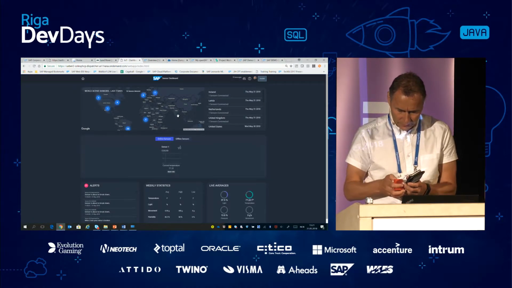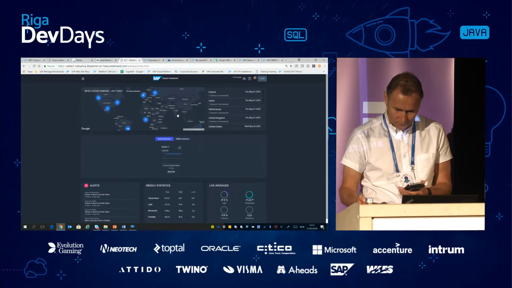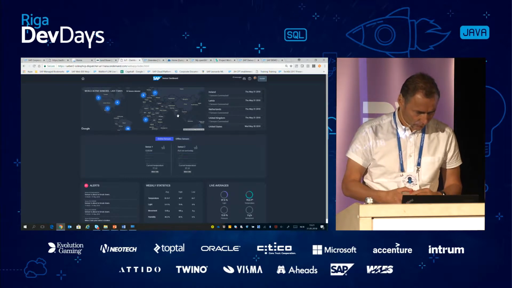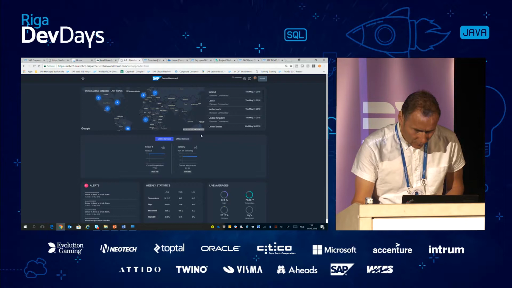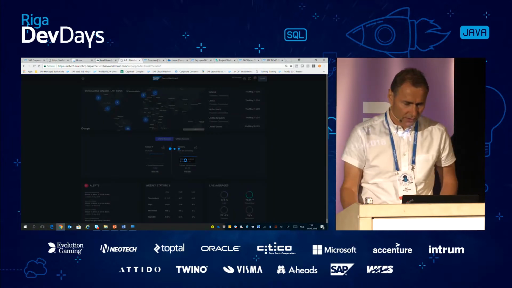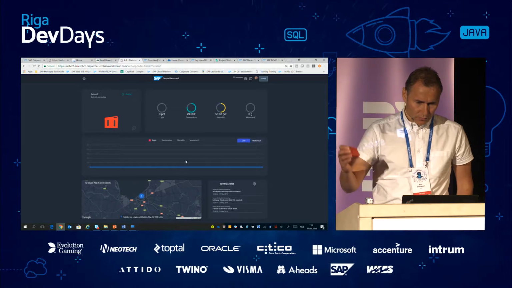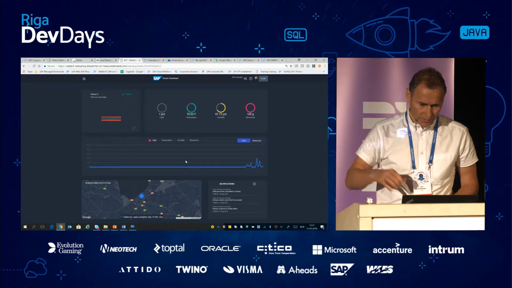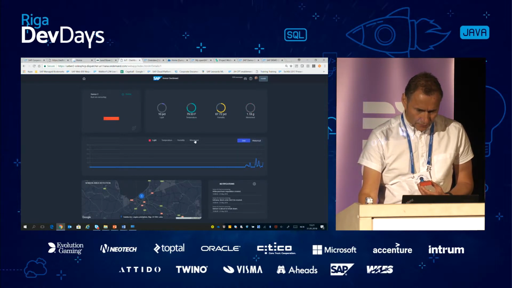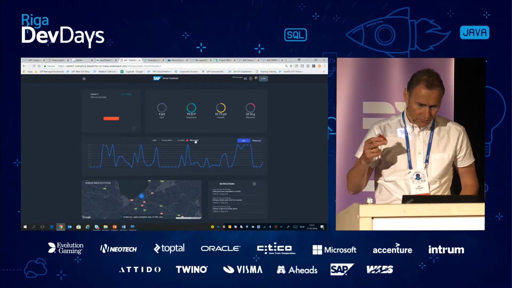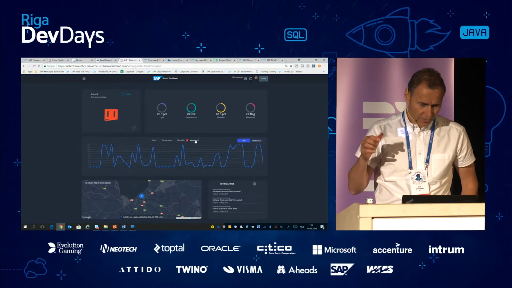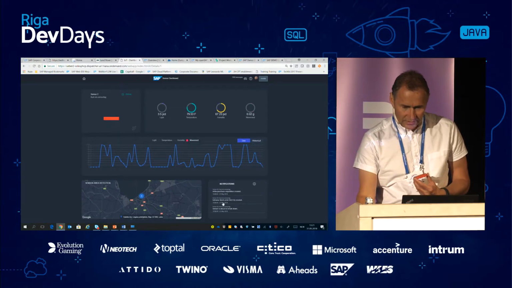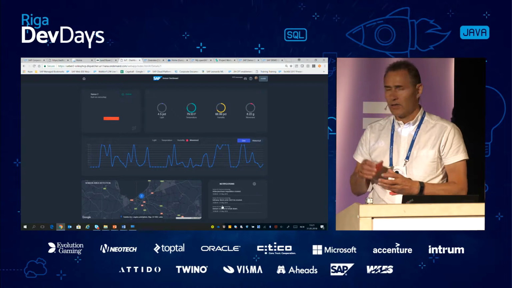Okay, I need to restore the device. Okay, so this is my device. If I turn it, it will immediately move. And if I go to the movement, for instance, you will see that when I shake it, it's immediately visible here. But also you will see here that I've configured the system so that, imagine this is